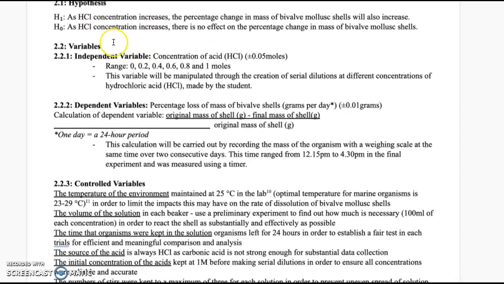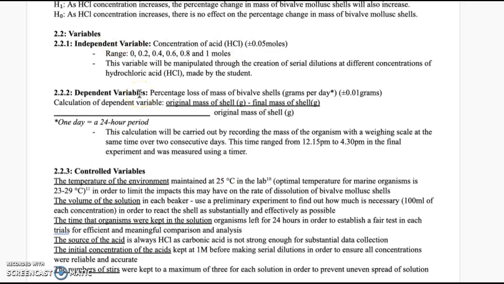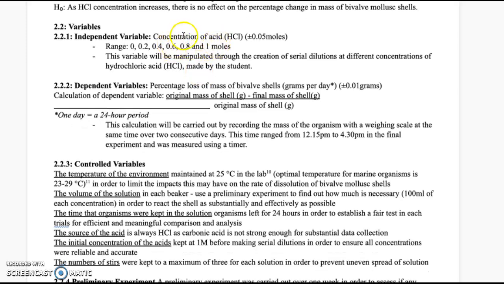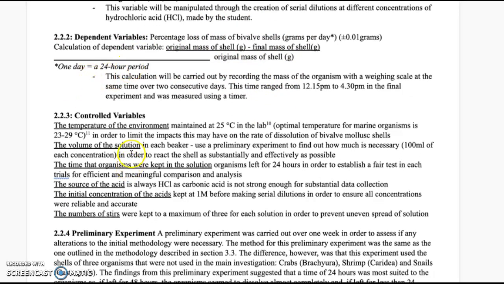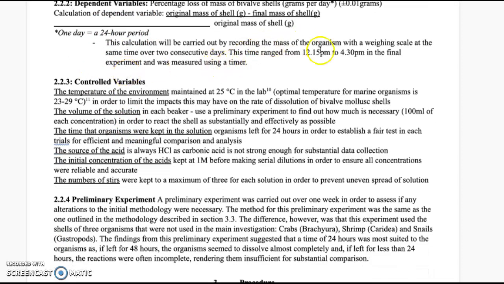Then I'm going to my different variables, very detailed. So the thing you need to keep into consideration is that the science needs to be detailed, very meticulous. I don't know if that's the right word to use, but you want to have all those details in there and don't miss anything, basically. So I'm giving all the molar concentrations, like this way I calculated the dependent variable, time period, the time range,